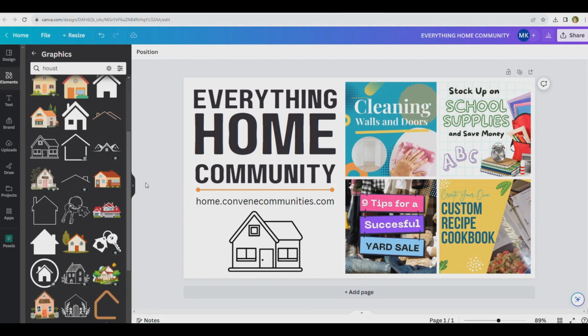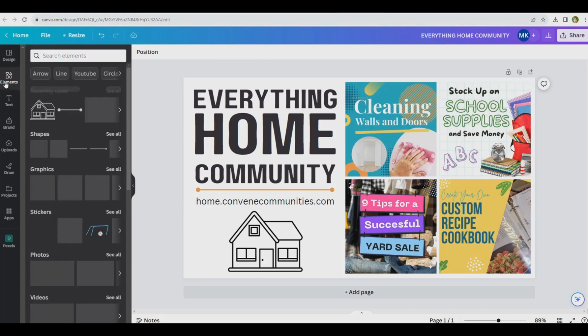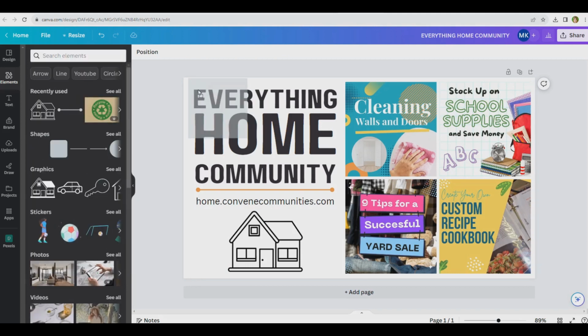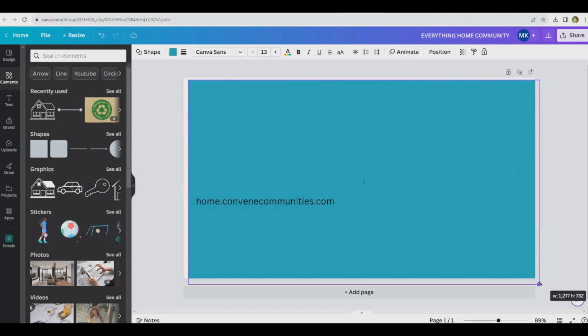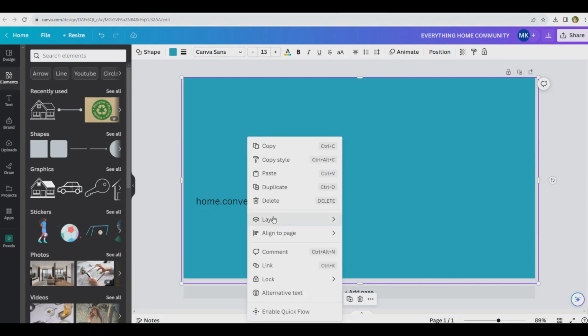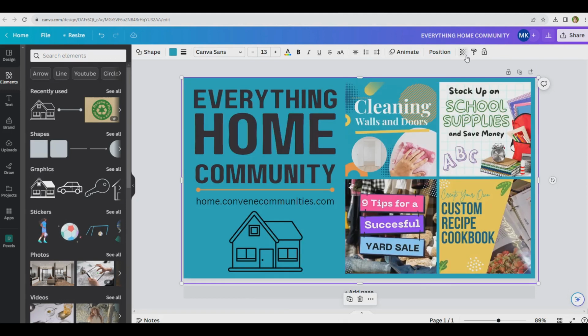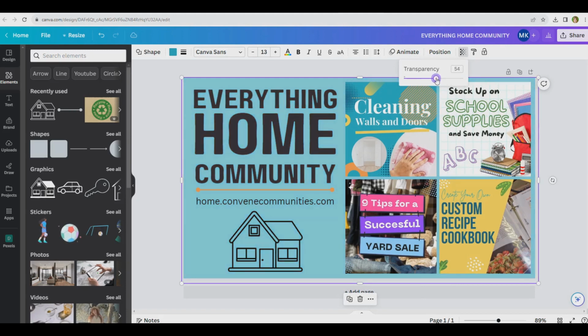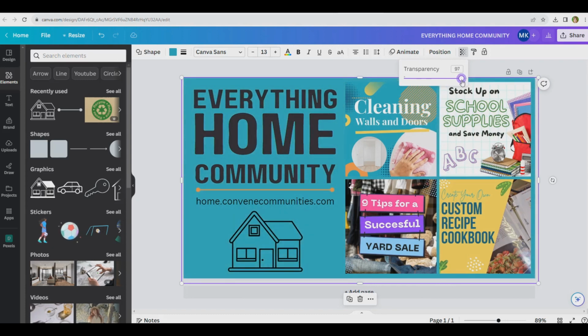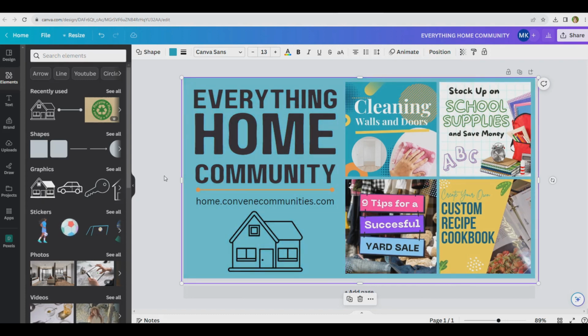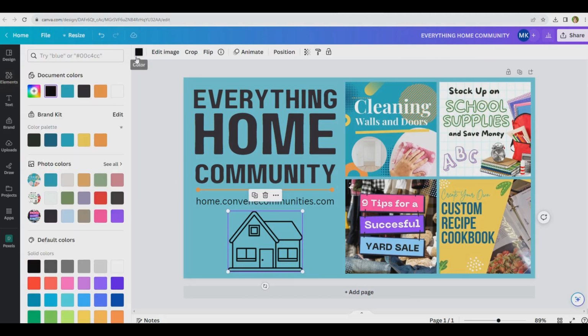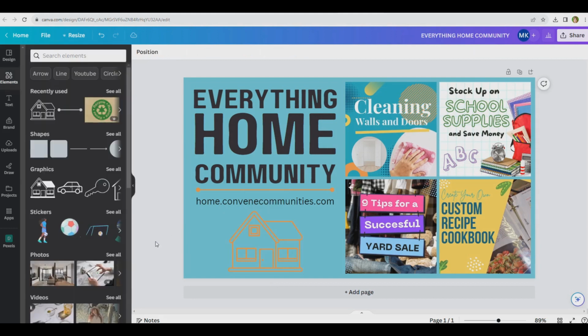I want a background because the white is kind of boring. I don't like that. So I'm going to go back and find an element, shape, square. I'm going to make an overlay. Send it back. I'm going to make it transparent. No, because I'm not going to have a photo behind it. Well, although I think I'm going to make it transparent because of the color. And then I want this to be a color. And if I don't want it super bright,